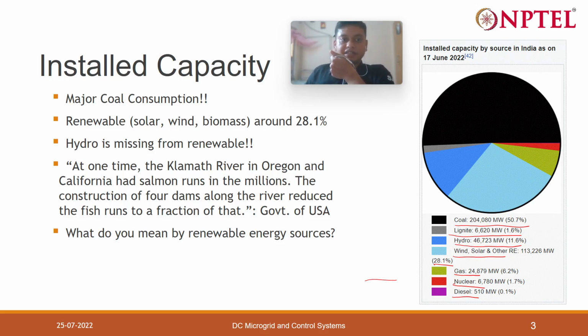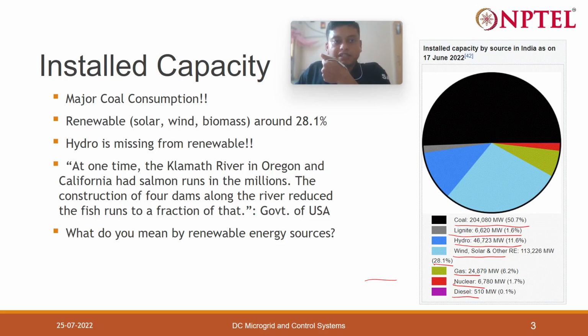So you can see that's why scientists don't include it in the renewable energy sources. You can put a small hydro based plant in renewables, but for a big hydro plant, wherever you need to install a bigger dam, it is not included in the renewable energy sources, because it has a negative impact on the environment. And the government of USA